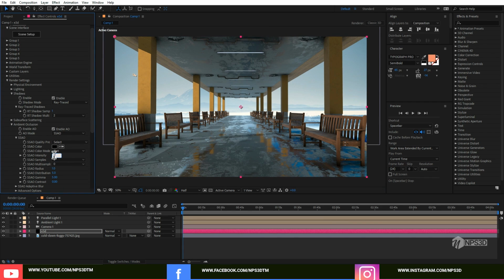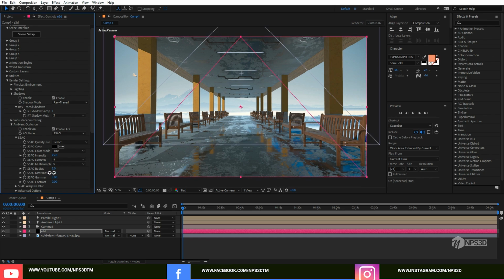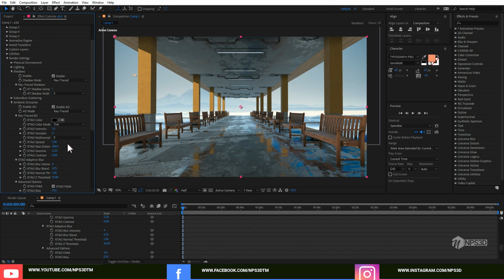Let me increase to something around 25 and radius something around 5 and distribution. Let me play with something around here, and contrast I put 1 actually, and gamma I also play with. So around here this is my setting for the SSAO, but in this case I'm going to choose ray traced, right? Control S to save it, and I put 1 here, and gamma something around 1 or 2. Maximum distance I can choose 45 or something around 80, and everything looks good to me,